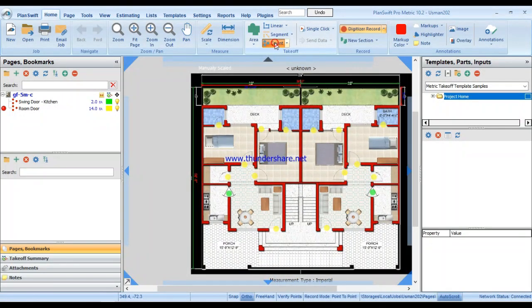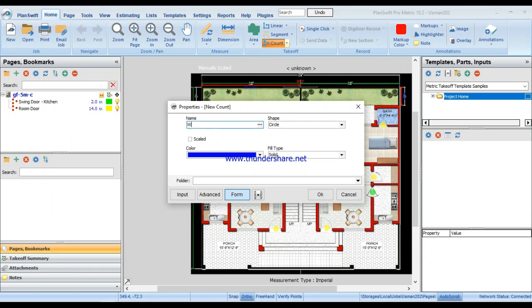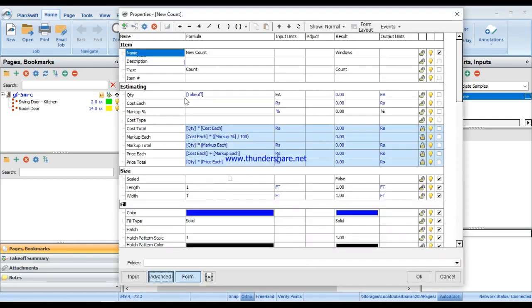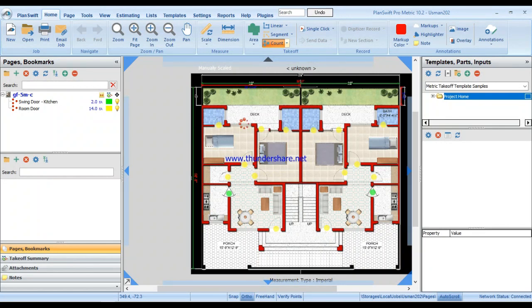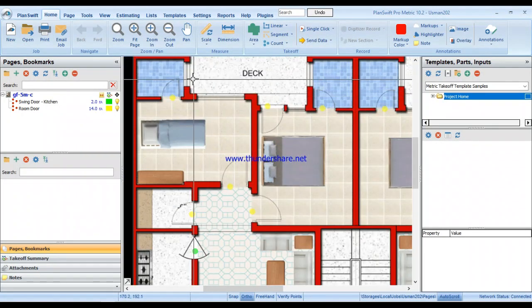I'm gonna go again. For now, let's count the windows. So windows are again estimated as count. So we're gonna click count and come here and name it and put our prices here. For example, I have a window of 3,500 rupees in Pakistan. I'm gonna give like a 13% bid markup. I'm gonna press OK. So let's count our windows here. So like starting from here, 1 2,